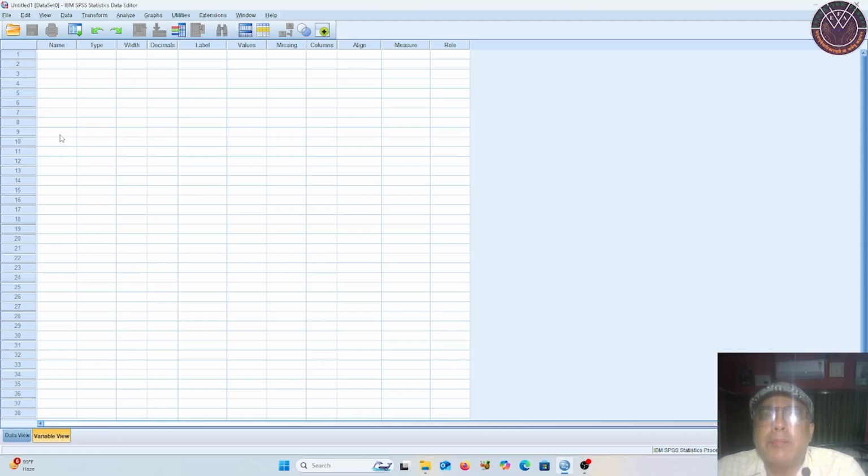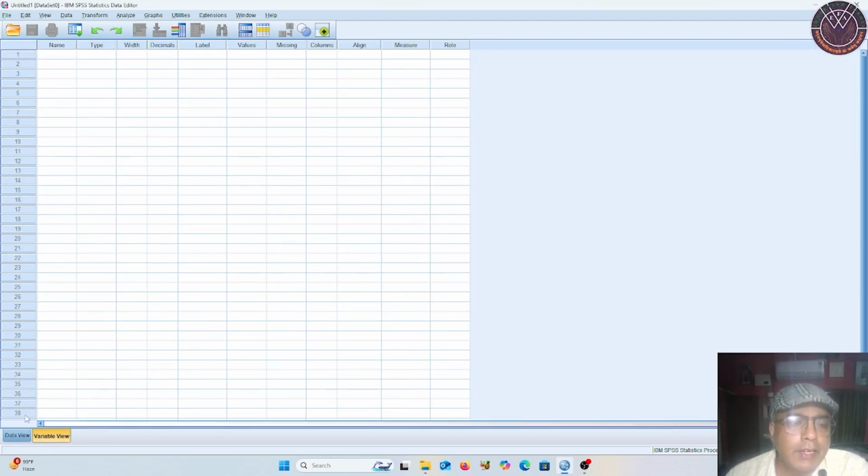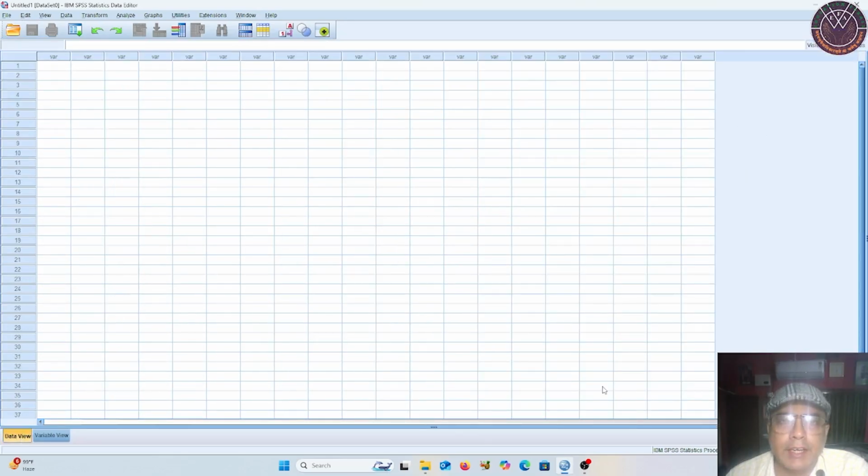So whatever variables are there, you have to define those variables first before entering the data in the SPSS file. So let us see. I switch to variable view; the other one is data view. Once you define the variable, then you can come to the data view and enter the values here. Suppose here in the first row, you can see it is written variables. Once you define variables, then you will get that all the column headings will change